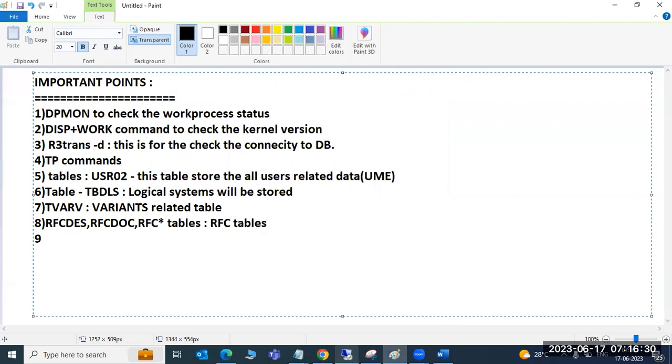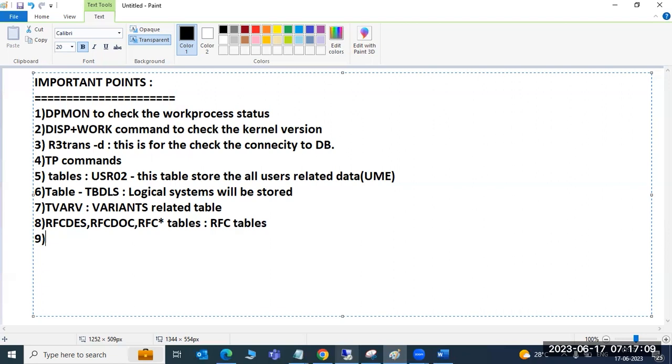Okay, RFC tables. So these are some of the points you need to remember. We already discussed all the topics, but they are not going to ask about all of them. Only a few tables are important, and those we should be aware of. We have the functional tables as well, but those are not required, only a few are. We will be discussing those.